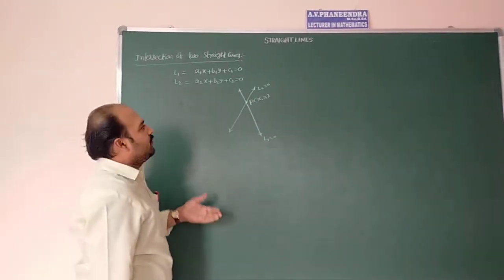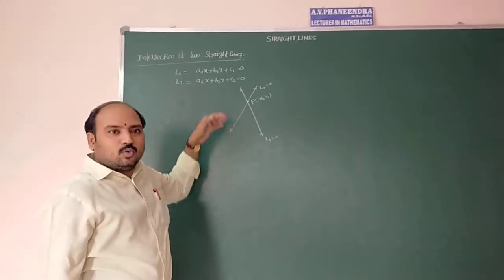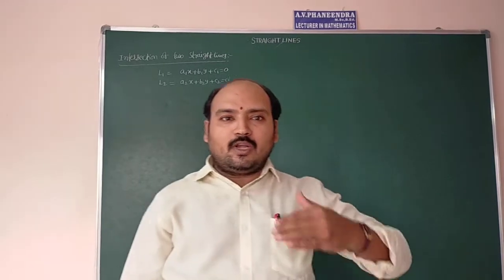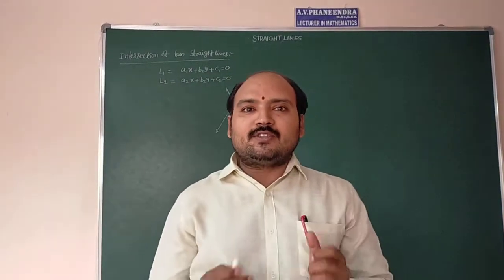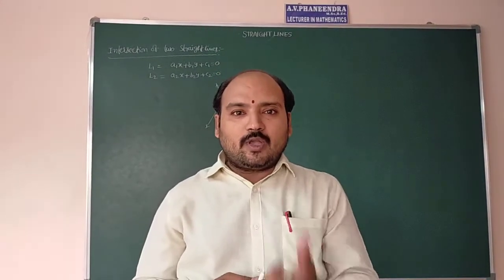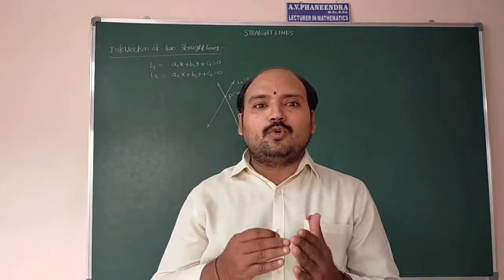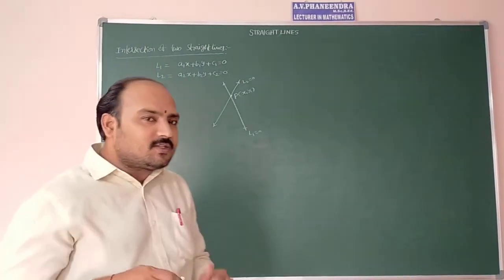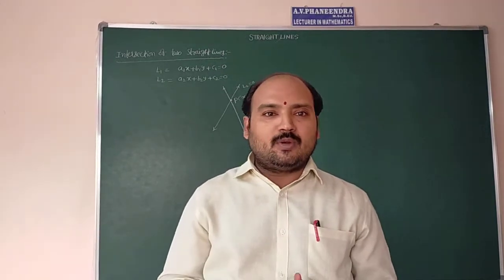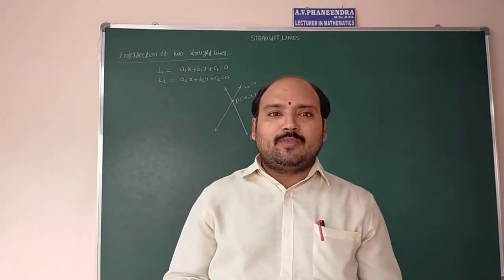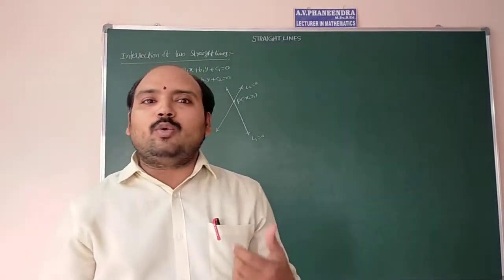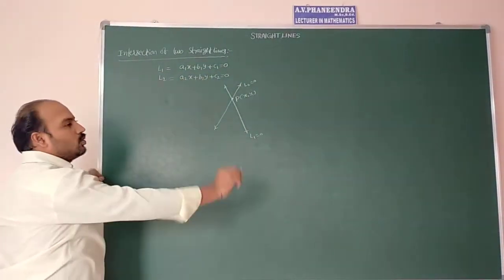Now how to solve? To find the point of intersection of two lines, in class 11th one method is there. That method is called the cross multiplication method to calculate the point of intersection of two lines. See that in earlier classes you studied the elimination method or different methods, but here we are going to introduce one method. That method is called the cross multiplication method to solve any two equations. See how to solve that.